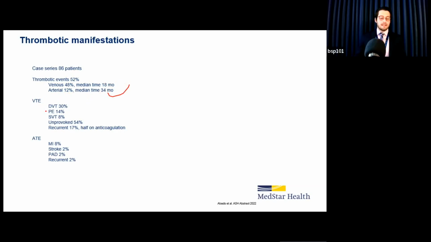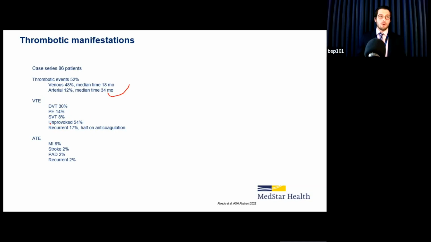And among the venous thromboses, 30% had DVT and 14% had pulmonary embolism. There's a lot of superficial vein thrombosis that tends to be recurrent. So these patients present with one thrombosis in the arm, then another one in the leg, affecting the superficial veins. And what is also very important for management is that half of these patients that have a VT event